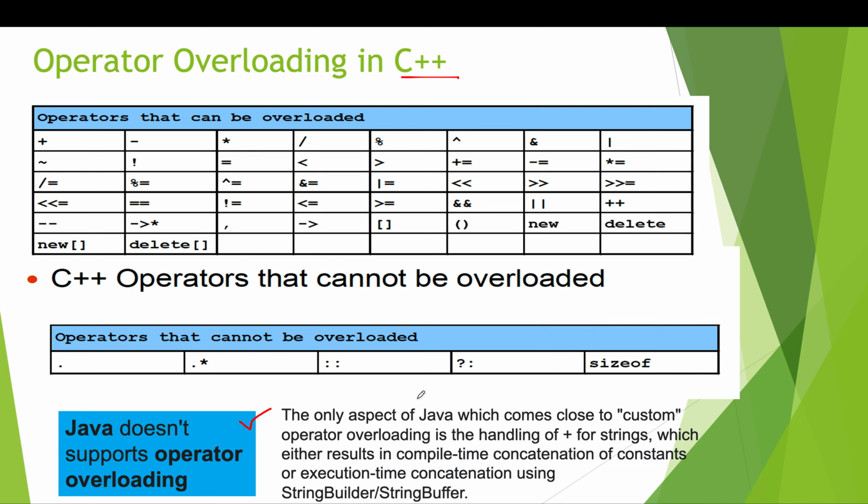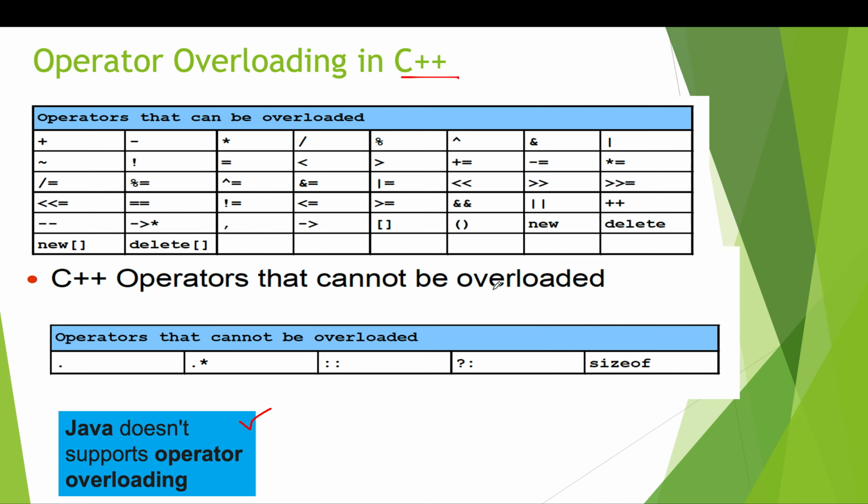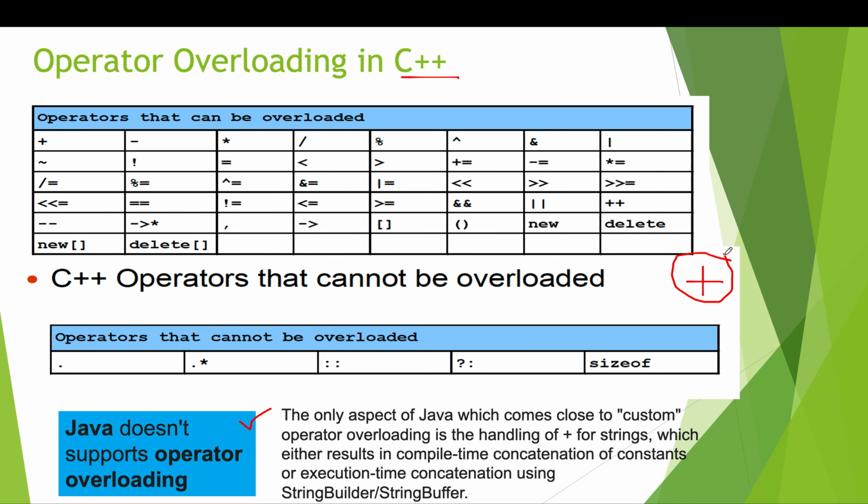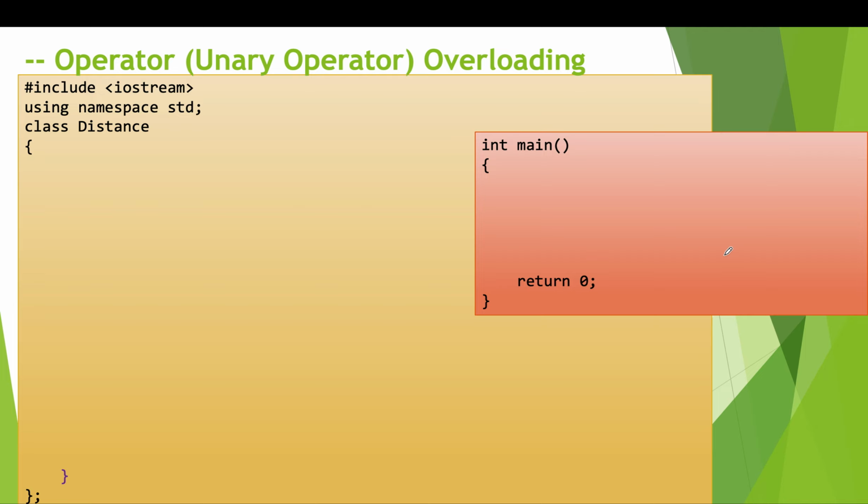One more thing, if we talk about Java, the only way we can say that Java supports operator overloading is when you write System.out.println and use the plus symbol, and with the plus symbol you concatenate the things that need to be printed on the screen. So for printing you use the plus operator in between to concatenate or join strings or maybe variables. That could be one type of operator overloading, where your plus operator is not adding anything but is concatenating, joining the outputs. The same thing is written over here.